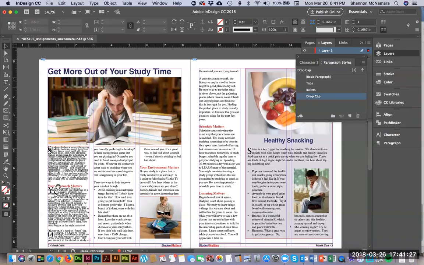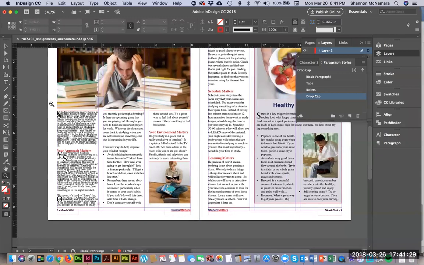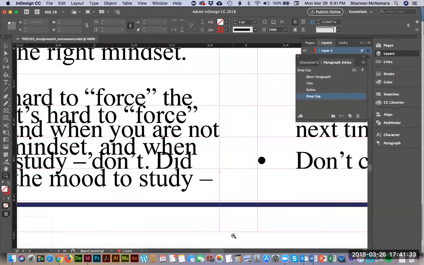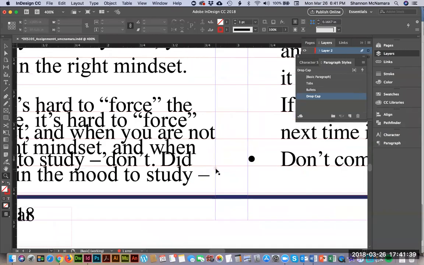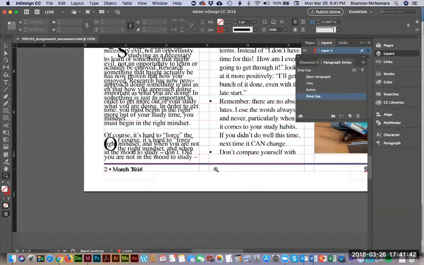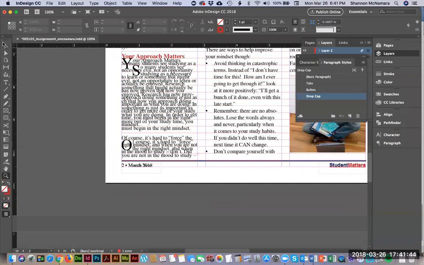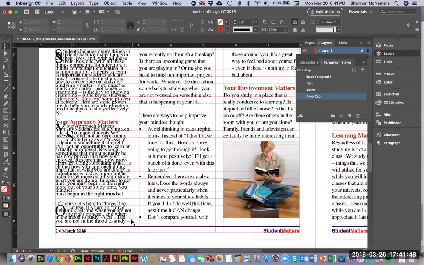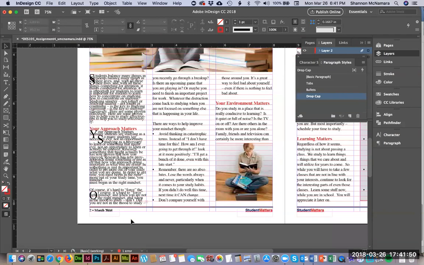And what you'll notice is it doesn't on its own, obviously, go into these different boxes. So I'm going to have to zoom in for you to see. But there is this little red box down here that shows a plus sign. It might be a little bit hard to see on my screen, but it's right down here at the bottom. So with my black arrow, my selection tool, I'm going to click on that plus sign